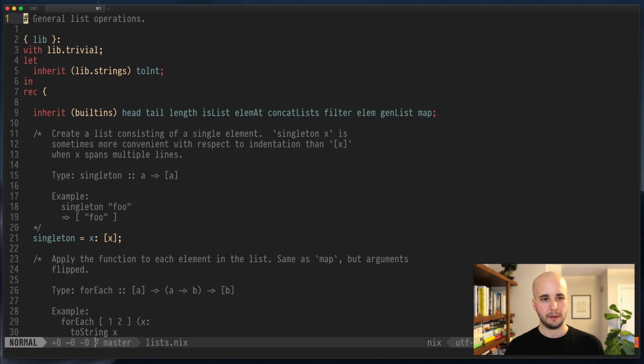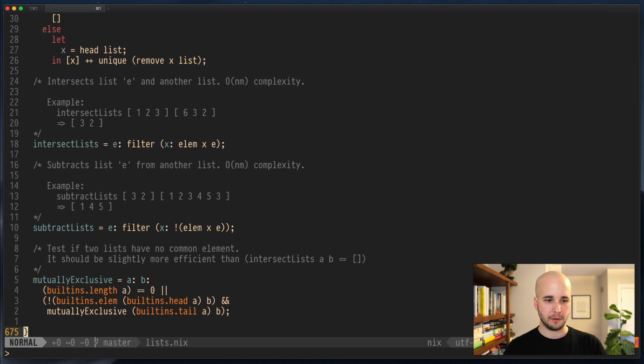So here we have a function which takes lib, which is itself. Don't worry about if that confuses you. Just try to move past that. Don't get confused. We do some stuff, and then ultimately there's this big attribute set, starts on line 8 and goes all the way to line 675. And within here, all you have is a whole bunch of different